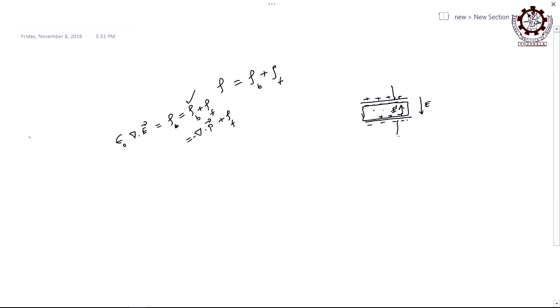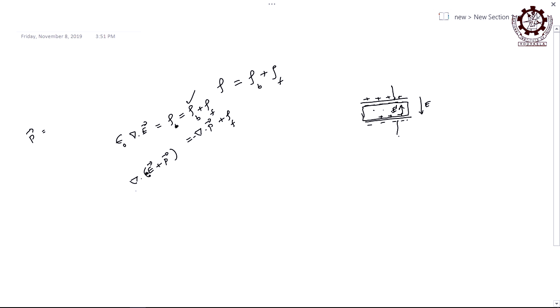This P vector, the polarization vector, how will you write it? Or even if you keep it as P, how can you write the divergence now? If you take this minus term to this side, how much will you get? Divergence of what? Epsilon 0 E plus P, because epsilon 0 is only multiplied with E here.